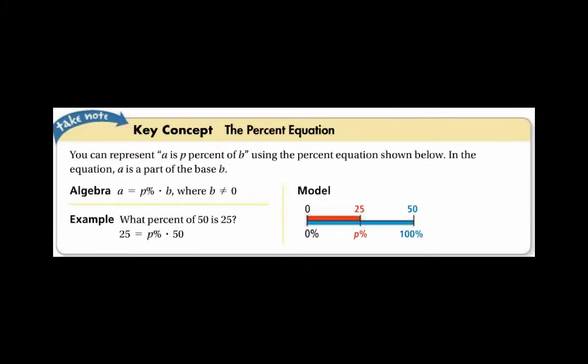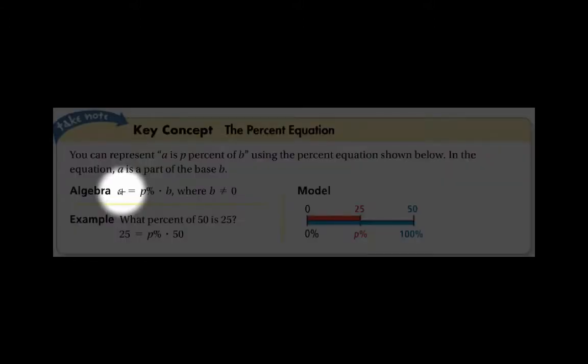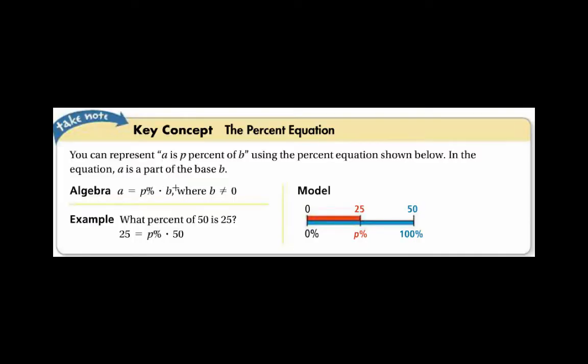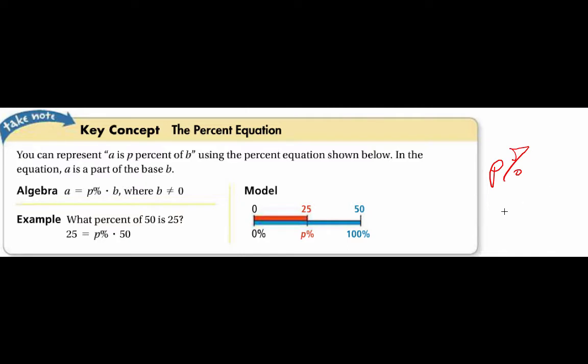We also have the percent equation, which is just a variation of the percent proportion. One thing that's missing in the percent equation is that the equation is A, the part, equals P, the percentage, times B. And the one thing we have to remember here is, if you're working with 30% in a problem,